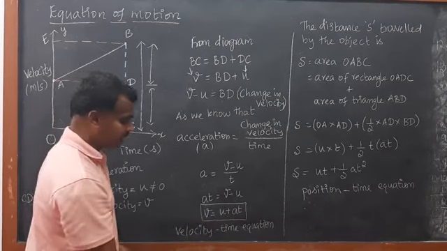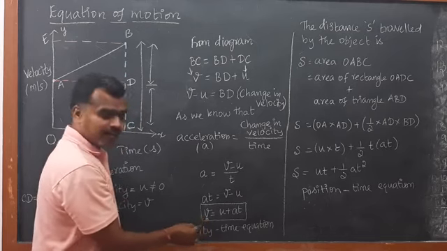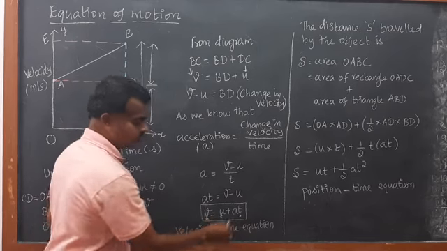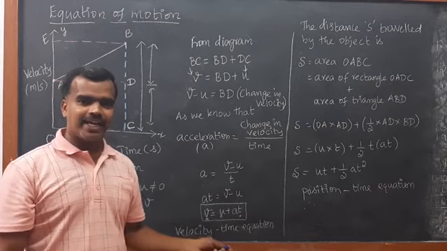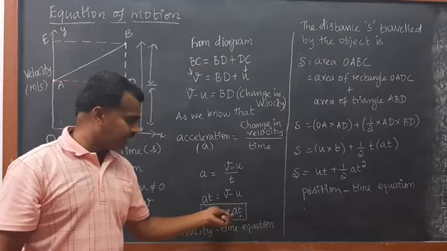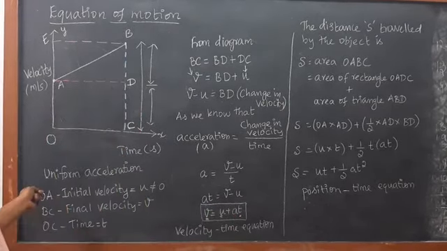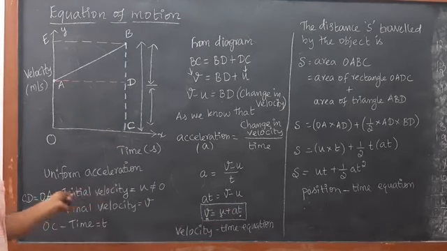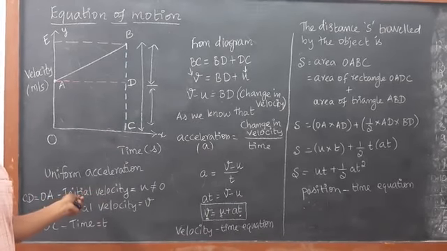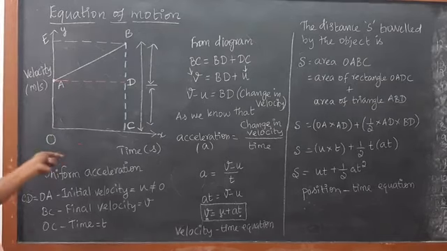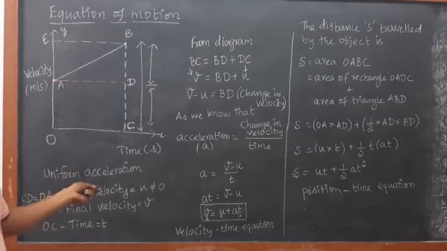Why are we saying velocity-time? So look at here. Here we have velocity. Here we have velocity. Here we have time. Only velocity and time. Why are we not indicating a? Because we have chosen the uniform acceleration graph, right? Yes. So this is the velocity-time graph. From that, it is a uniform acceleration.